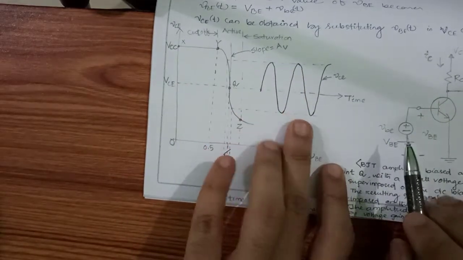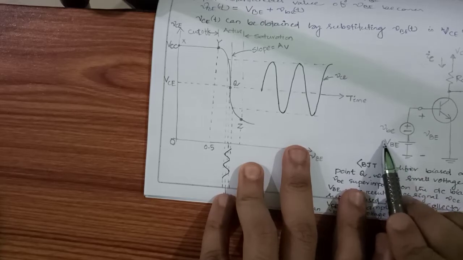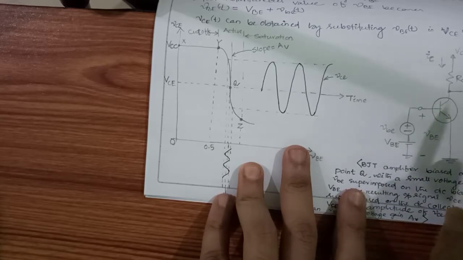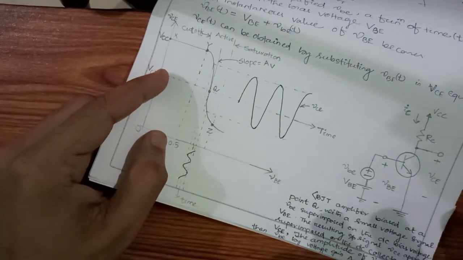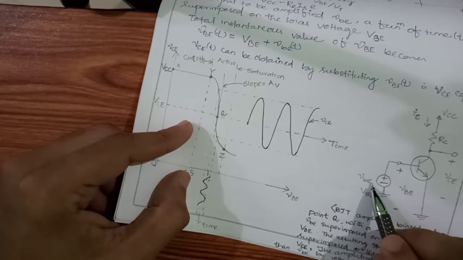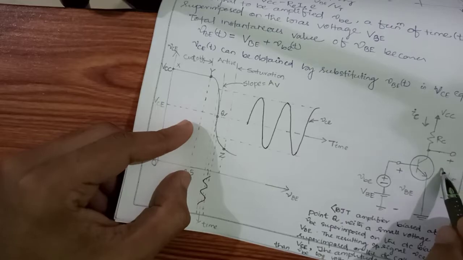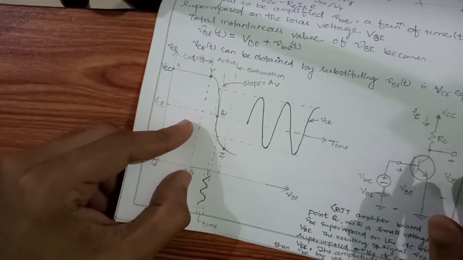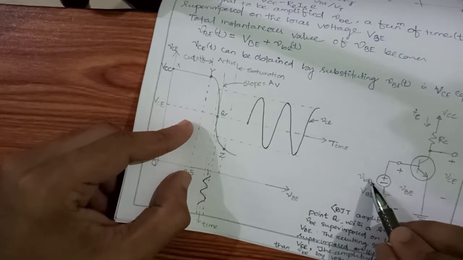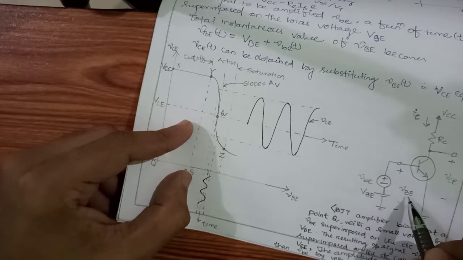Remember the notation: capital V, capital B, capital E, that is capital VBE, gives me the DC values. Similarly, capital V, capital C, capital E is VCE, in the DC voltages. And small v, small b, small e is nothing but my AC voltage. There will also be another term, small v, small c, small e, that will be AC. When this AC and DC combine, they give me the instantaneous value. That instantaneous value is written as a small v with a capital subscript. So don't confuse between these two.